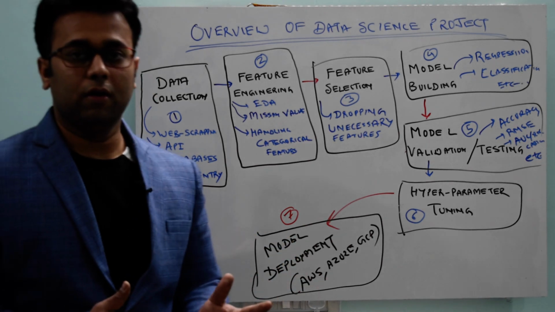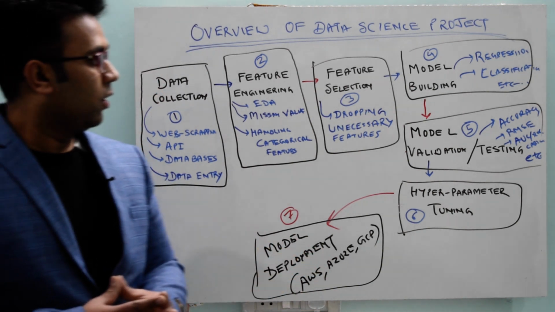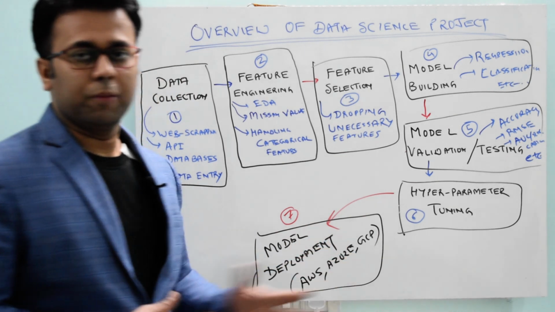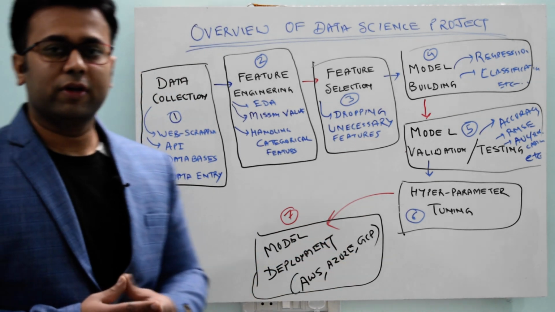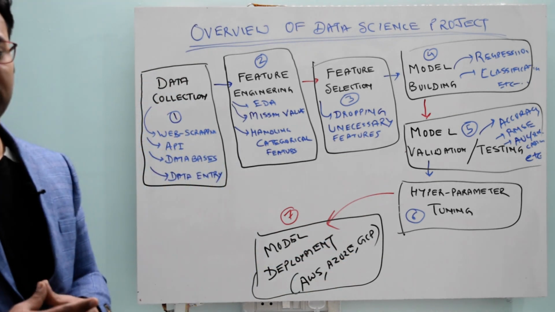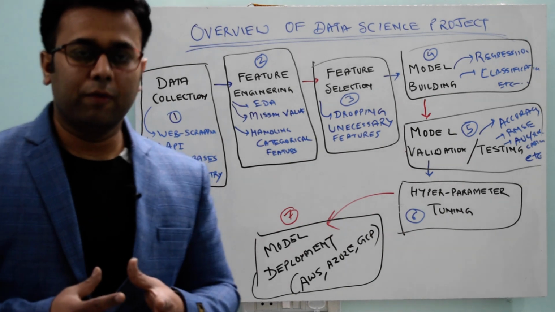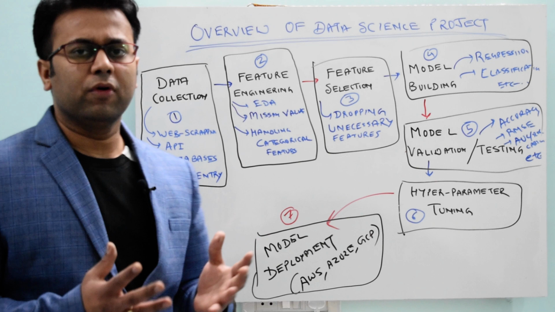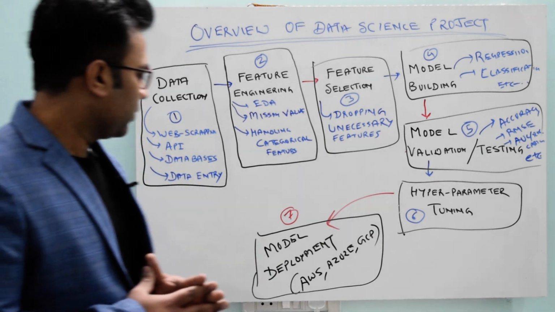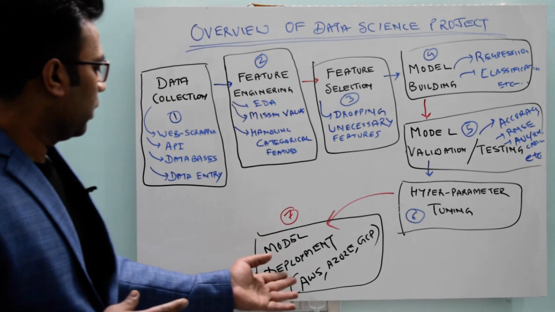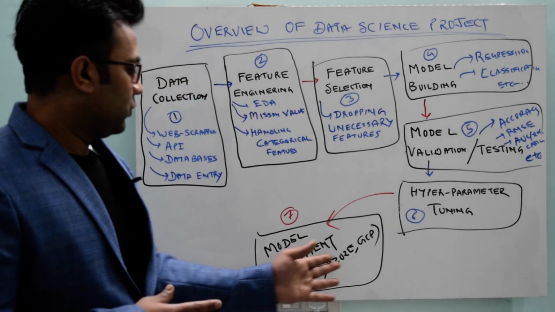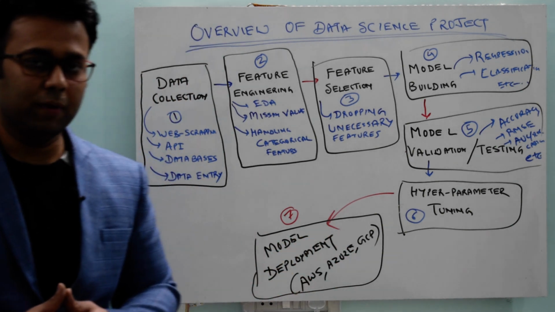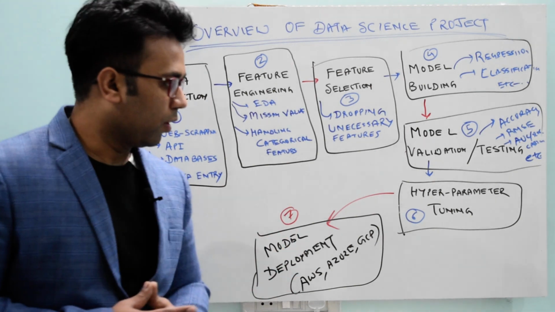In this step, we generally upload or deploy our model to a server, so it can be used as an API, or it can be integrated with a web application. We can deploy the model on various types of available cloud services. For example, we can upload the model on AWS, Azure, GCP. These are the most popular cloud platforms where we can deploy our model.